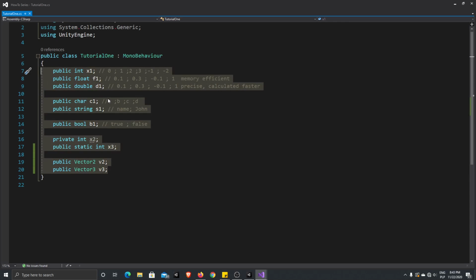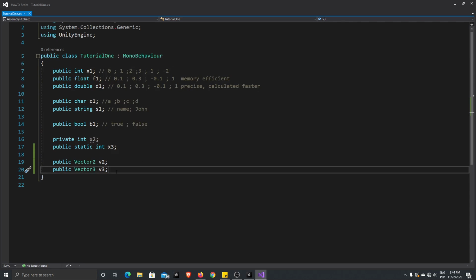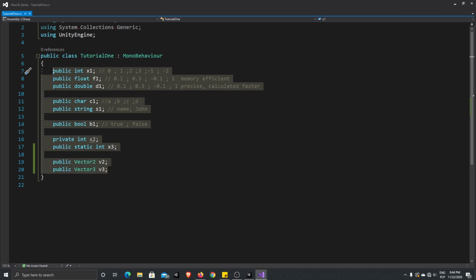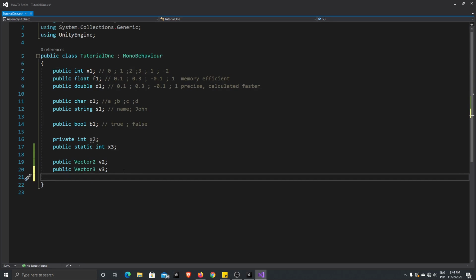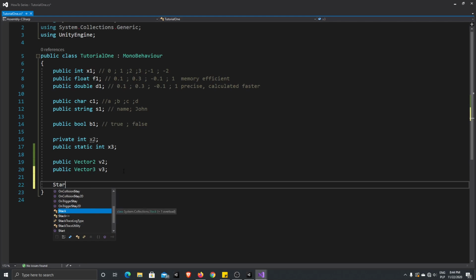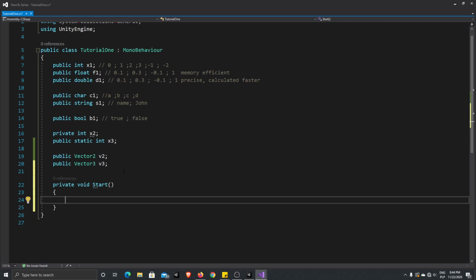Okay, so here you have all the values you are going to be using through your whole game design. These are the values I'm using. The rest of them are rarely used, so I would recommend, at least at the start, to focus on what you have here and understand how it works. And just as a bonus, I will show you. Let's write Start, and here we need to also talk about casting,